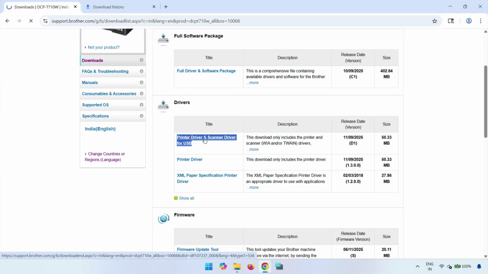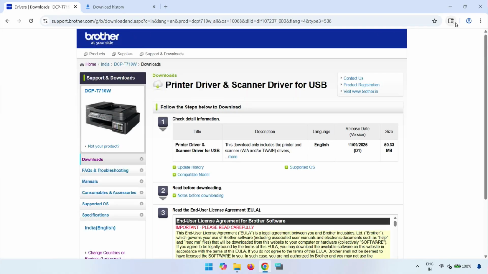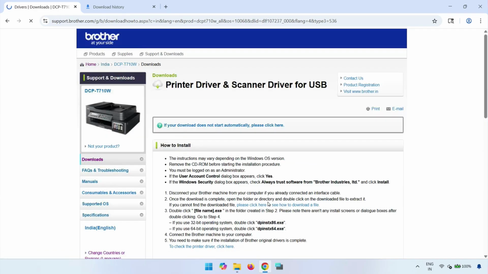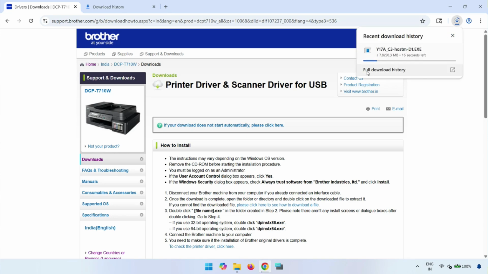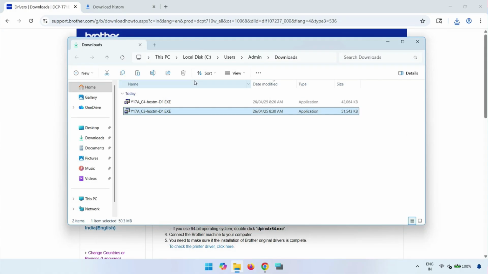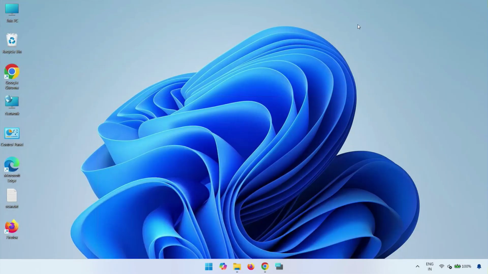So click. When you click, it will start, but before that you have to agree to the terms, then click agree to download. It will start downloading, you can see, and it is 50 MB. Then click the locations, then right click the downloaded file, copy this full file, then minimize everything, then right